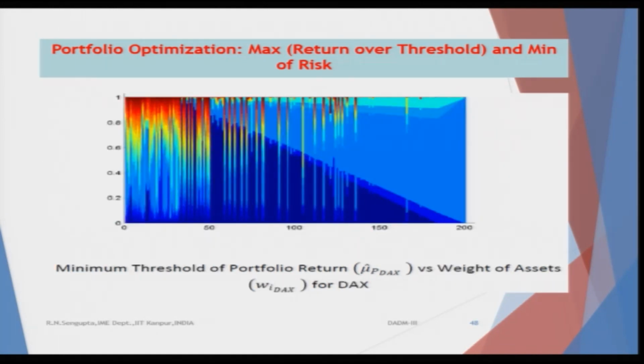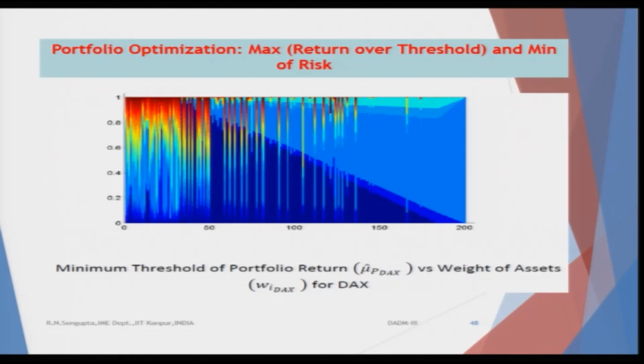Then, depending on the number of simulation runs which I do, I plot the values of the weights along the y axis and the minimum threshold of portfolio returns, which for the DAX case is the x axis. Now, here you will see that I am changing the different indices in order to make you understand that for the same type of equations they would give you very similar interesting results for different types of stocks, which means that the models which you are trying to utilize are decently efficient enough to give you interesting results.